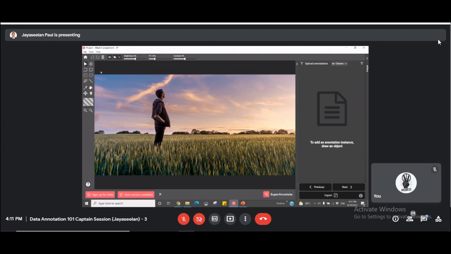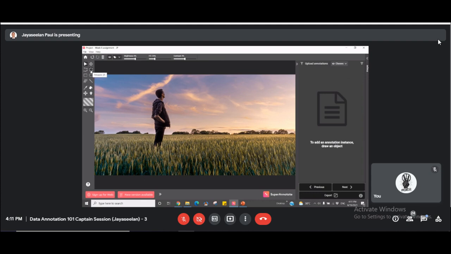Today, let me talk to you about another tool. Last week we saw the box tool, where we identified an object and marked it with a box and then labeled it accordingly. This week, we are going to use a different tool, the polygon tool.